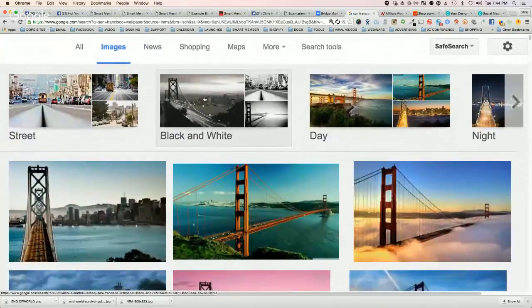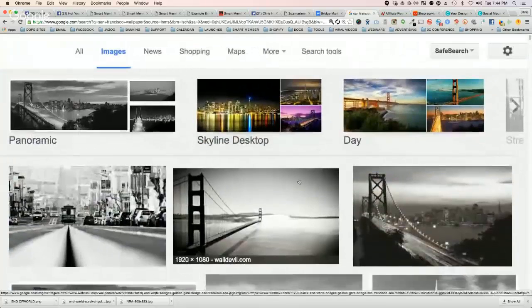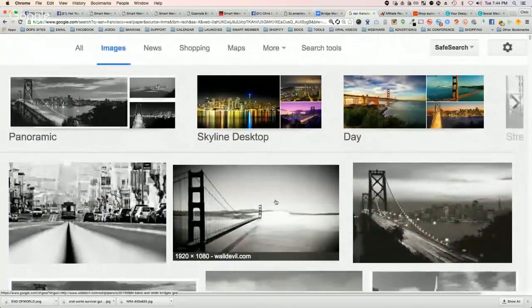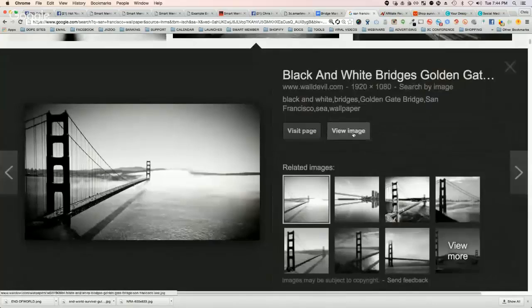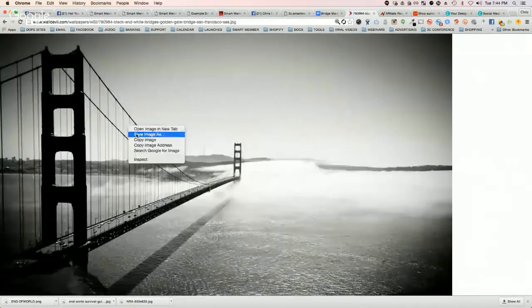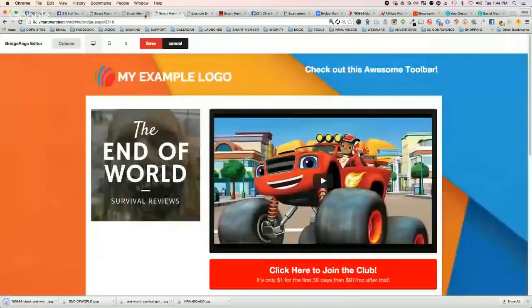You can find one that maybe works for you. Just go in and find something that you think is a good match. I don't know what it might be. Maybe it's that one. Okay. So you can grab one, and now you can take your bridge page and you can basically offset it